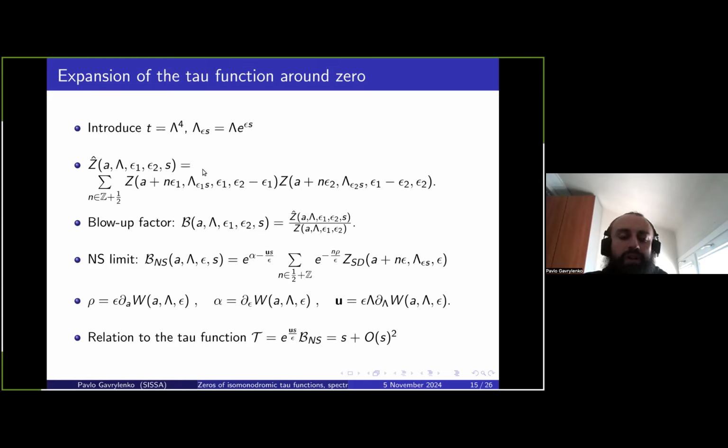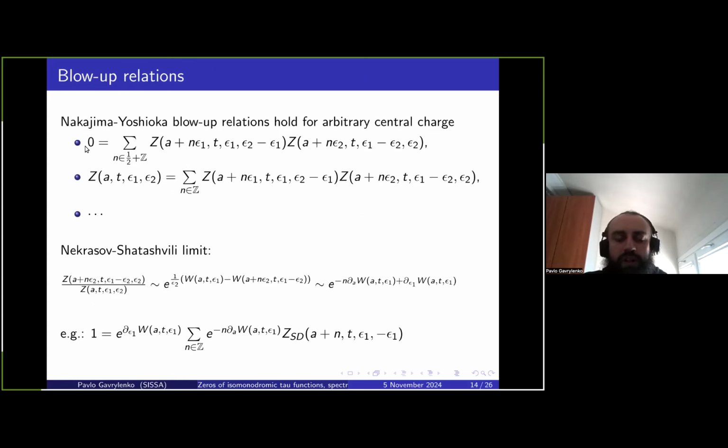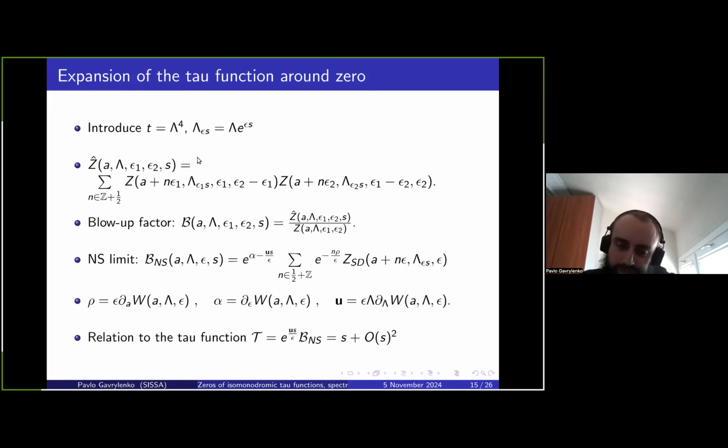Because when we substitute s equals 0, this becomes precisely this vanishing block relation. So it is some way to give an explicit description to this tau function parameterized by a position of its zero. And